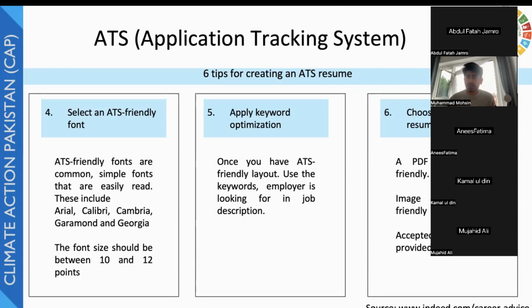So the ATS system will not shortlist you for electronic design engineer. So you should read the description provided by the employer and update your CV with the keywords the employer is providing in the job description.